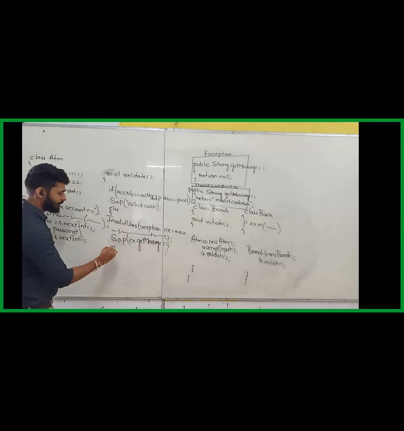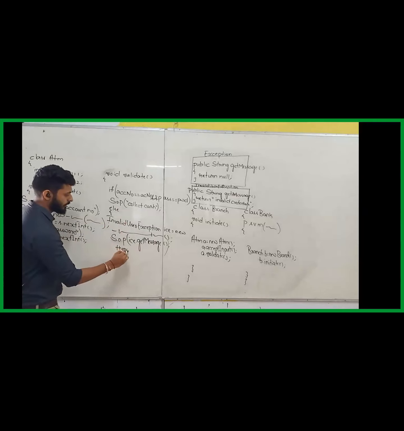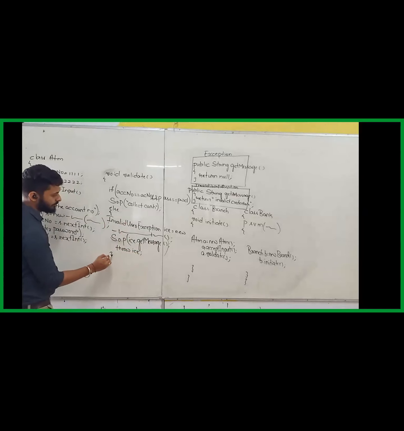Now, I have handled this. Now I want to throw it. Now I want to give that information to branch. How can I do it? I just have to say throw ICE. Why I am doing this is because what you guys thought, if we use try catch, only then we